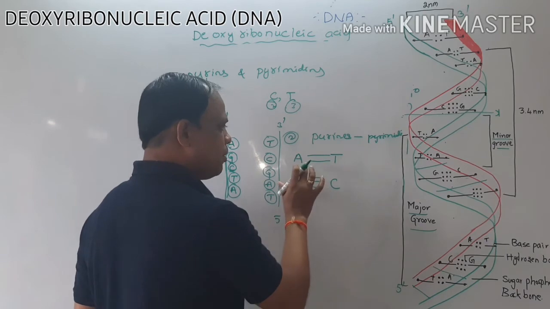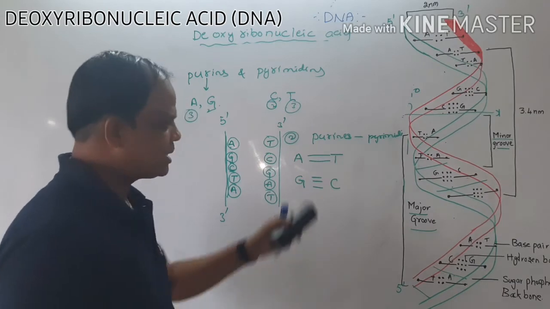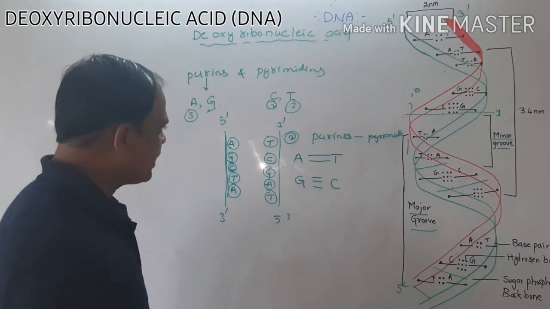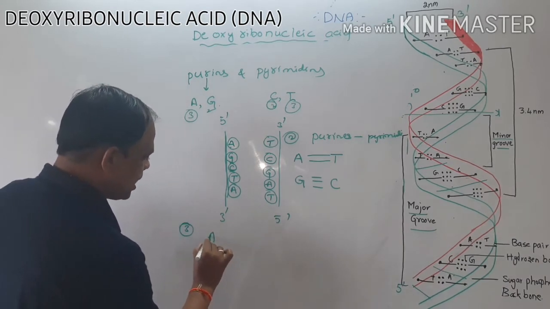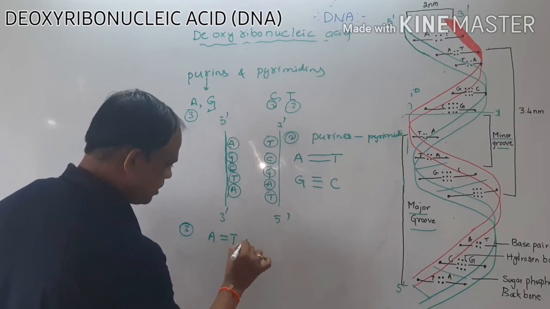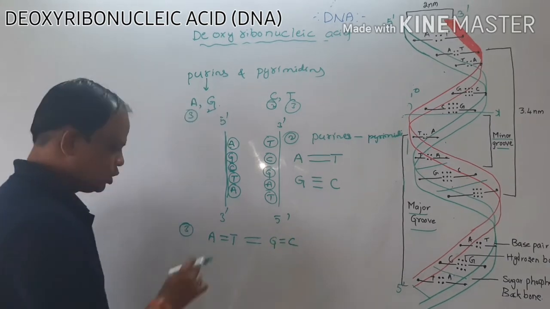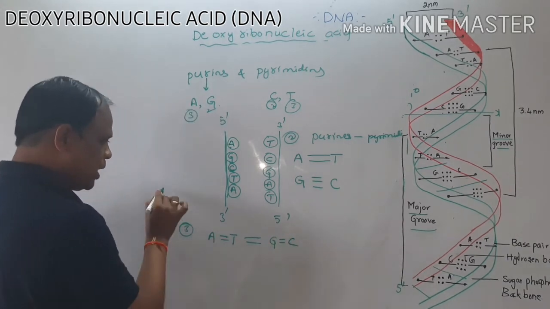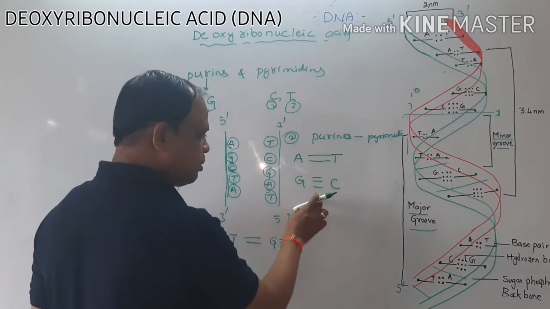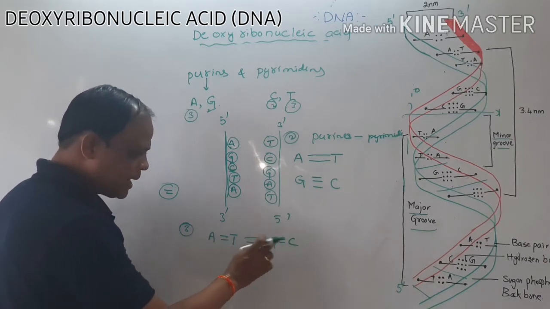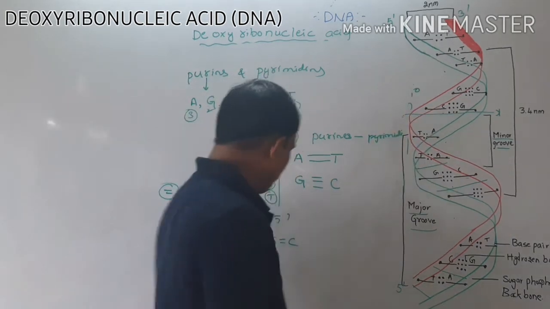Okay, and this is the ratio. So here adenine and thymine are both equal. This is the second point, and the third point is that adenine equals thymine and guanine equals cytosine. This is not in the hydrogen bonds; this is mathematically equal, and this is mathematically equal. These are the hydrogen bonds. And adenine and thymine, and guanine and cytosine, are equal in the presence of this DNA. So based on this rule,